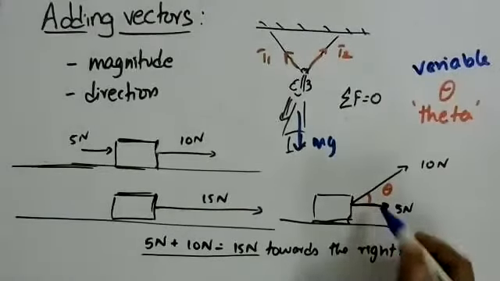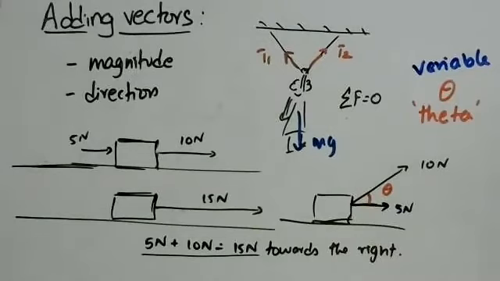So there is a certain angle between these two vectors. Now the question is, what will be the resultant vector of a 5 Newton force and a 10 Newton force acting on an object at some angle theta? To answer that question, let us step back a little and look at some simpler situations involving vectors, from which we can then develop these ideas.